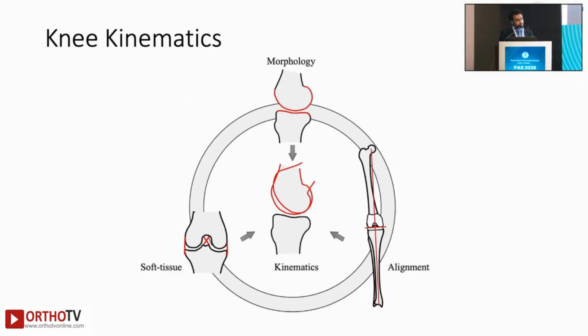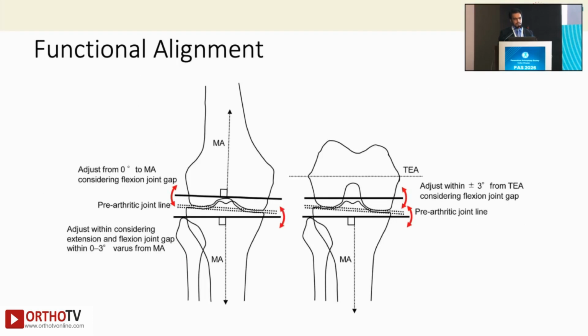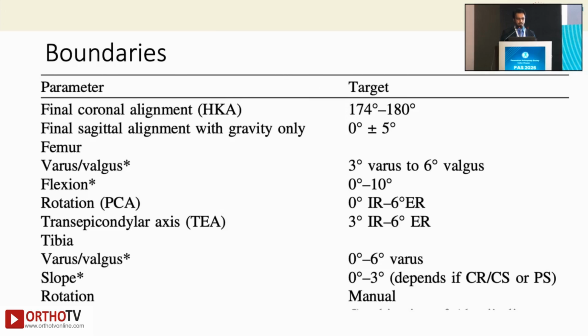deformity out. And like this slide has been shared many times today, as we see, the soft tissue has not been taken into consideration in most of these philosophies, and that's where something had to come in, something like a functional alignment in which we considered the soft tissue as well, which is sort of a perfect balance between both the mechanical and kinematic alignment. These were the boundaries that Dr. Suha spoke about. I wouldn't go into details. Again, Professor Lustig has given us these boundaries, and I think they're excellent guidelines